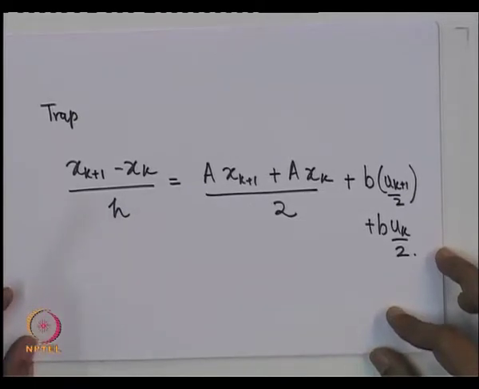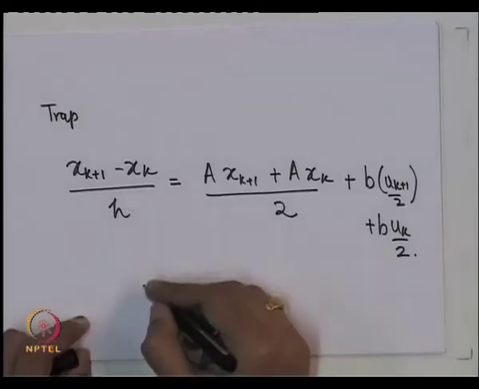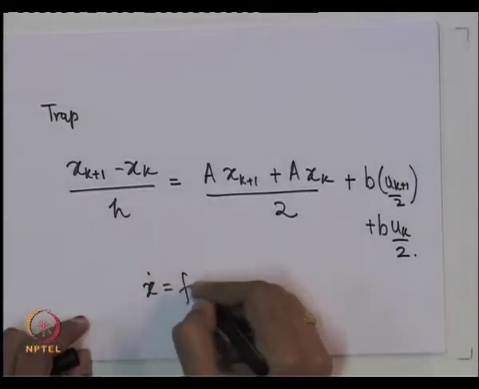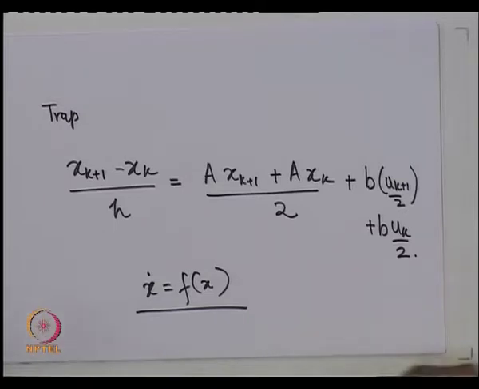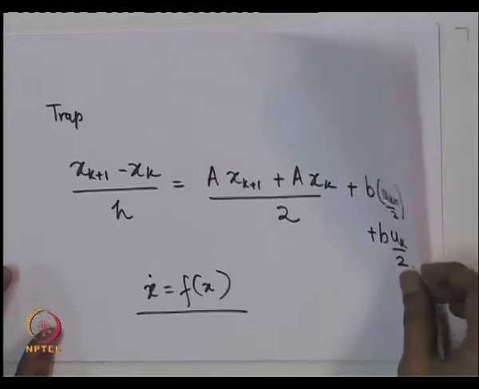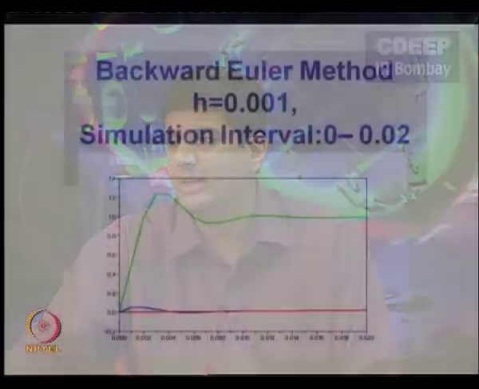matrix. If your system is nonlinear, you may require even to do iterations to get x_{k+1} from x_k using some method like NR, that is Newton-Raphson or Gauss-Seidel method. Now, coming back to the qualitative results, if I used backward Euler method